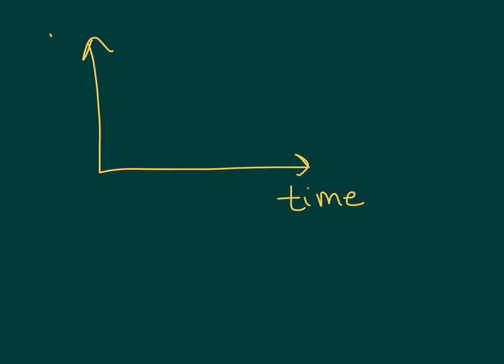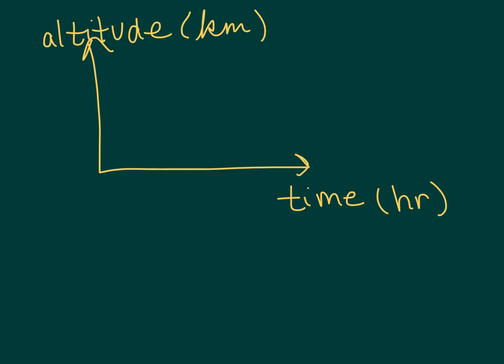And as an example of that, we should be able to interpret a graph. So in other words, if we have a graph that shows the flight of a spaceship, and the altitude that the spaceship is at over the time of its flight. Okay, so time might be in, let's say, hours, okay? The altitude might be in kilometers above the Earth. If I were to have a graph that looks something like this,